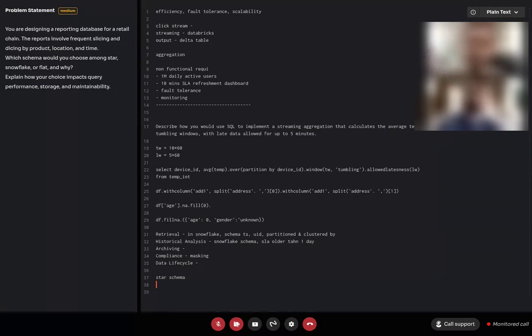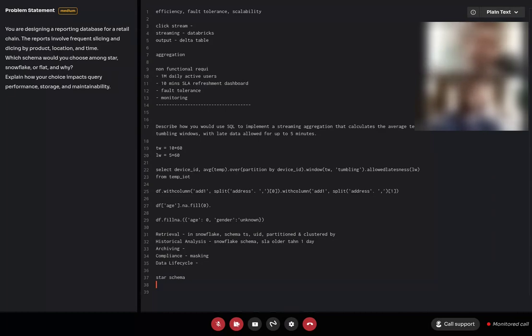So whenever there is any change, either from the source side or from the reporting side as well, they don't have to read the full table or change the logic. Rather, they can change a few joins on the reporting side to get the data.